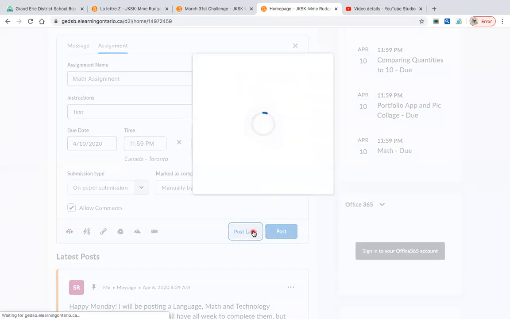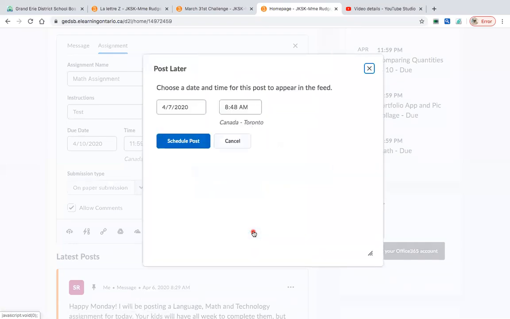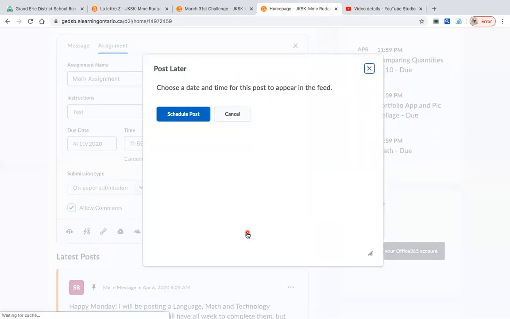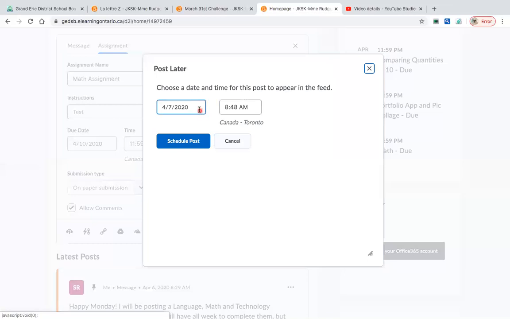I can choose to post it later. So if I want, I can create all my assignments and have them post on the day and time that I want. And I would click day and time and I would schedule it. Or if I just want to post it now, I'm going to actually hit post later just so that it doesn't show up in my feed. So I will choose,